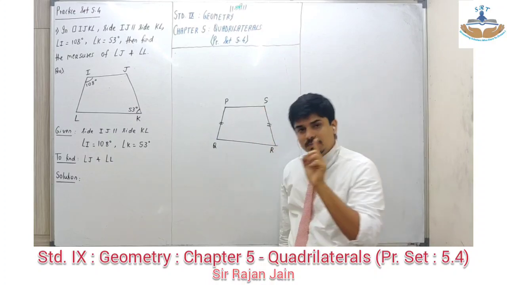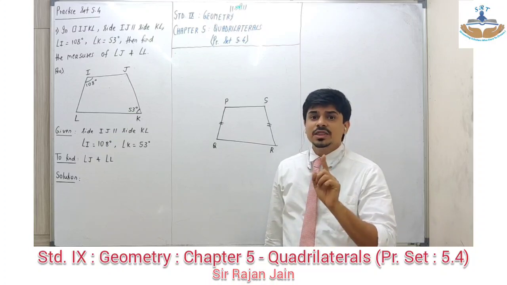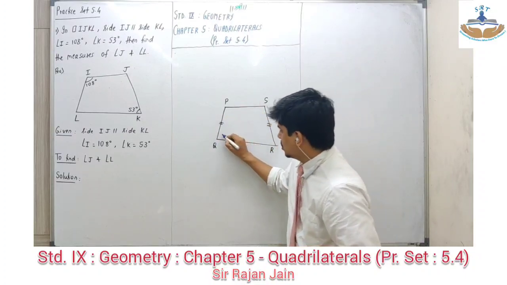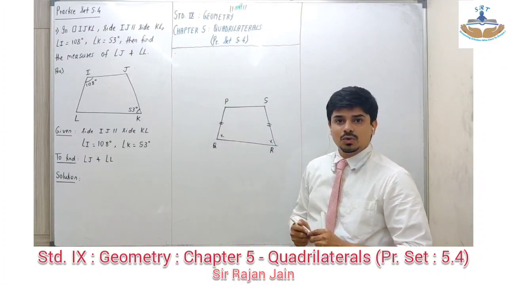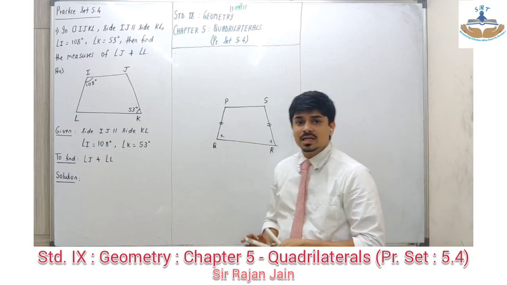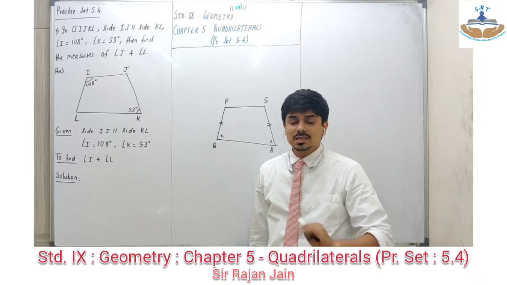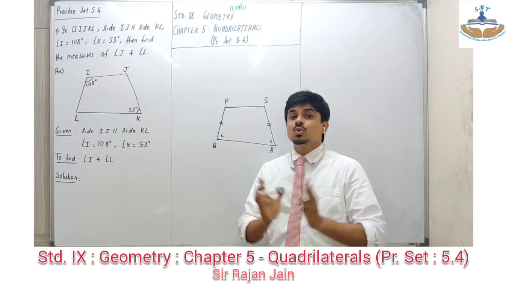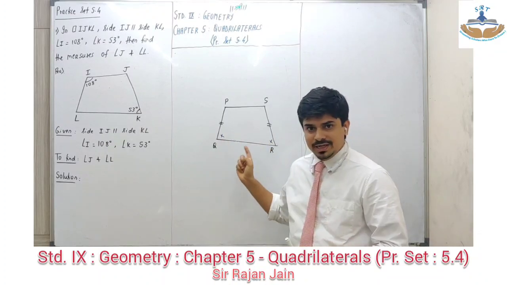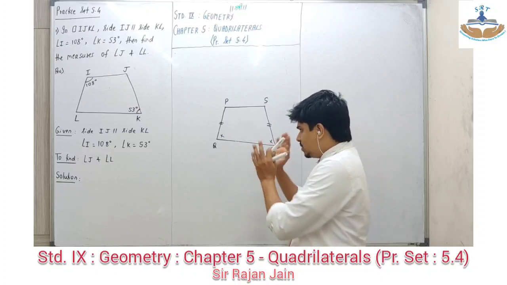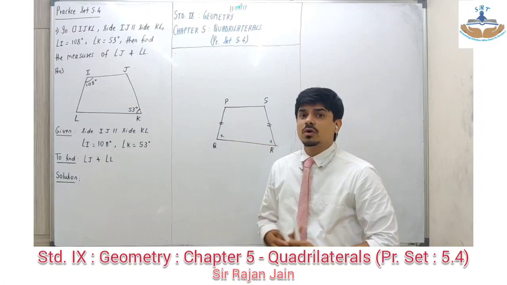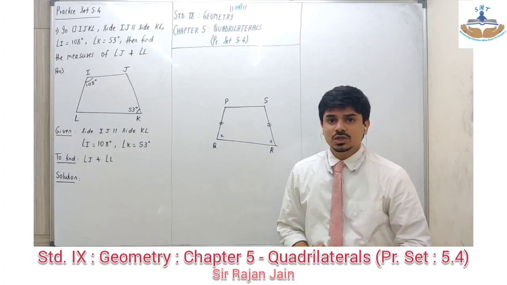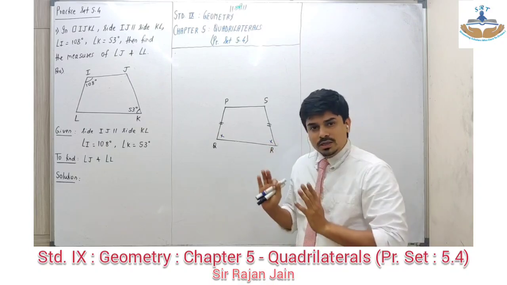Okay? अभी इसका एक property है. In an isosceles trapezium, the base angles are congruent. मतलब अगर आप लोगों को मालूम है that the non-parallel sides are congruent, you can conclude that the base angles are congruent. However, ये जो property है that base angles are congruent, it may or may not be used as a standard property directly in the exam. It depends on your school teacher. Okay, there are few teachers who accept the usage of this property directly, others do not. So that this about the using of this property you have to confirm from your school teacher. Is that clear? Apart from this, there is no additional property that can be directly used. Okay, got it? What a trapezium is?